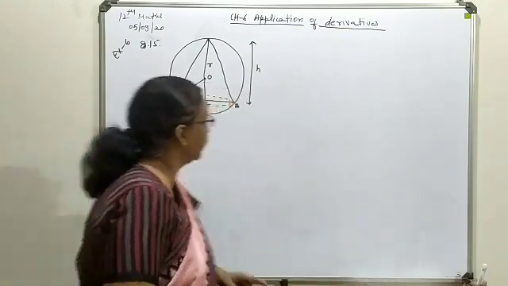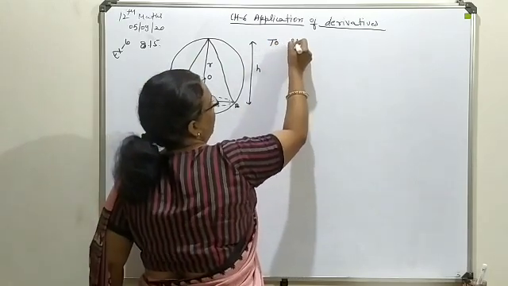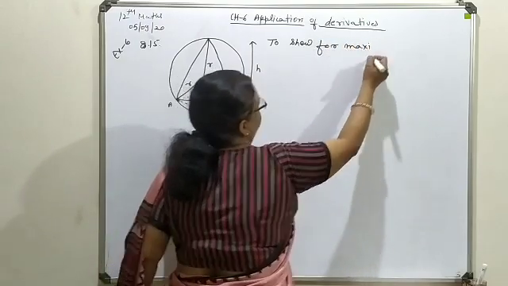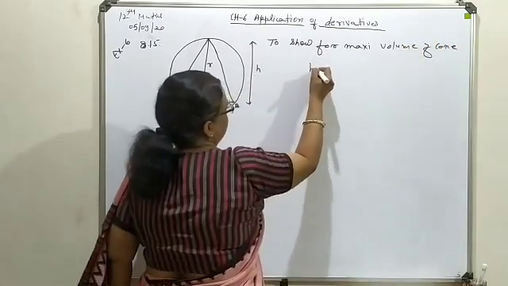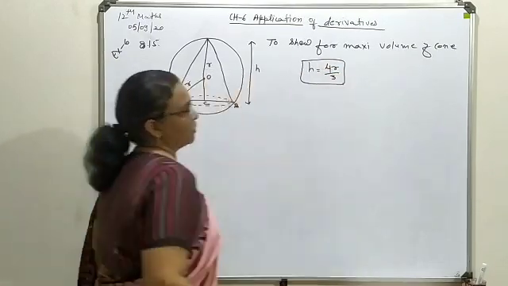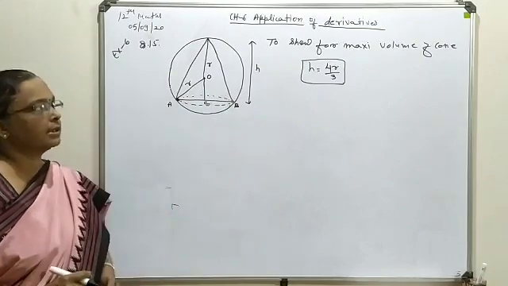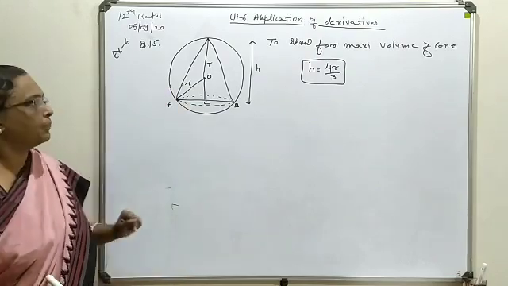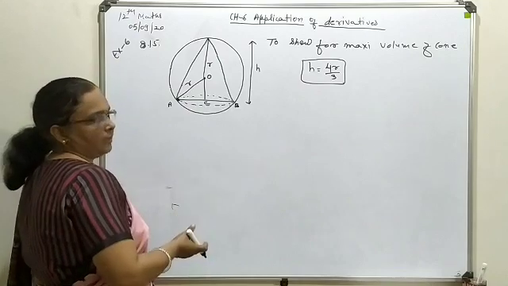Now what is to be shown here is that for the height of this cone, we have to establish a relation: for maximum volume of the cone, h is equal to 4r upon 3. So this relation we have to establish for the existence of maximum volume of the cone. Obviously we will talk about the volume of a cone inscribed in this spherical shape. First we will find out some missing parameters to find its volume.